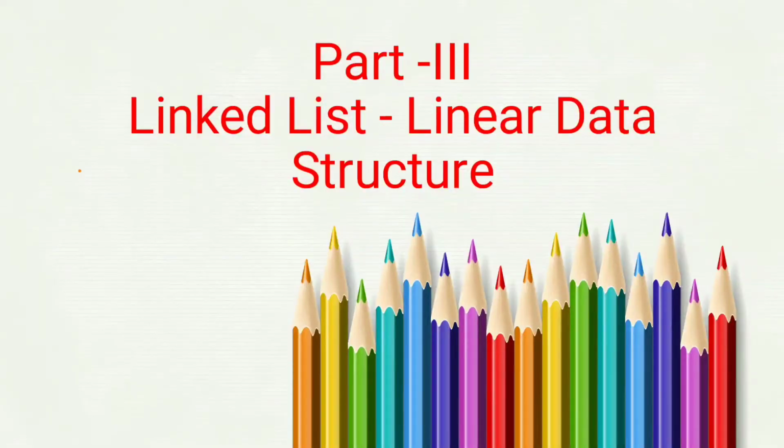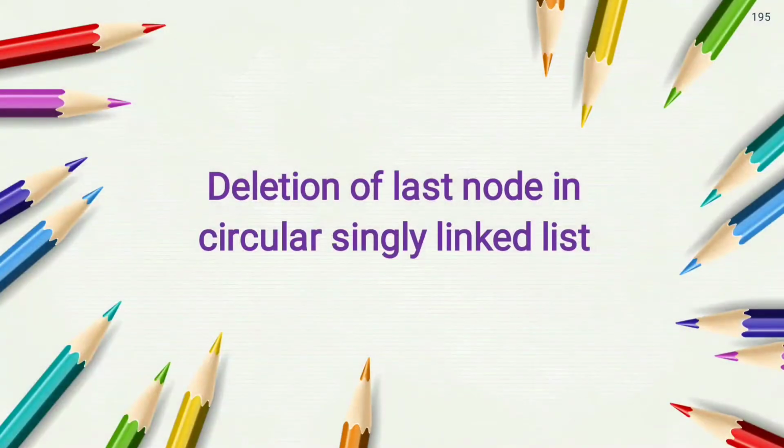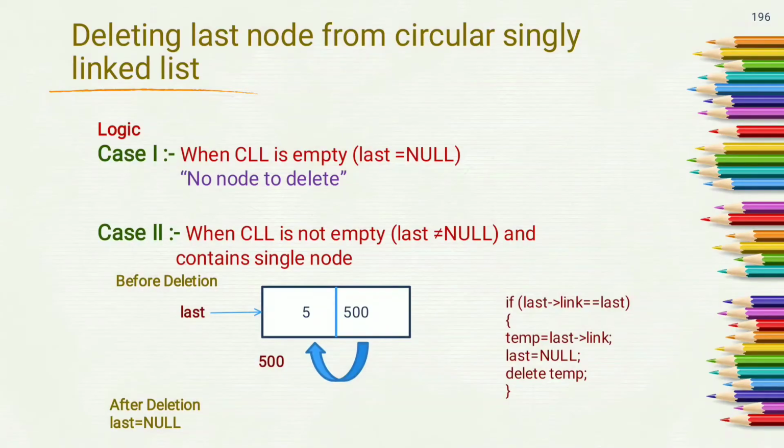Hello students, in this video we will learn deletion of last node in circular singly linked list. First we see logic, then we will write algorithm for it. Case 1 is when circular linked list is empty, that means value of last is equals to null. In that case we have to print no node to delete because we cannot perform delete operation on empty circular